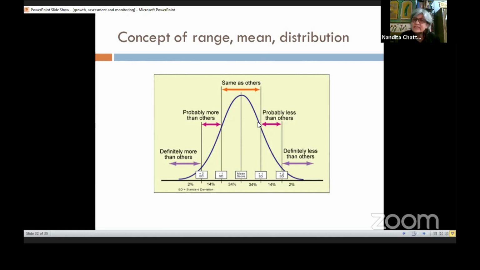As I said, 67% will fall within this. Half of this will be less, half of this more. Let's go to the less side. So half of 67, roughly, let me say it is 33. So somebody having 8 kg weight, one standard deviation less than 10, he will have